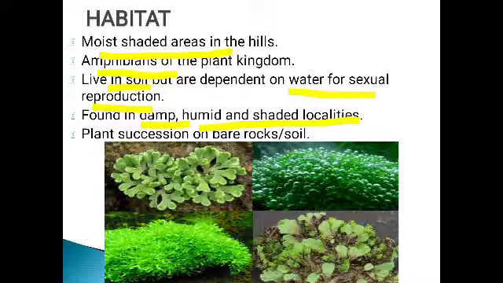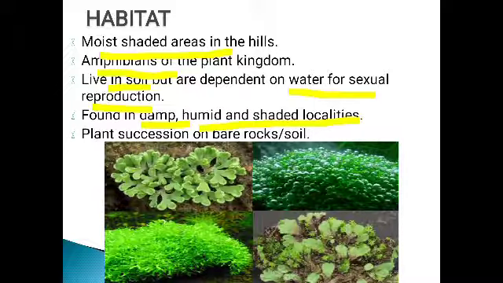If it is not a shady region, what will happen? Due to the sunlight, the water will easily evaporate from the plant and it may dry off. So they always need a damp or moist, shady area where they can grow. Even during the rainy season, you can see them growing on the walls of buildings. You might have watched that also. Why does it grow during the rainy season? Because water is available, so they can grow and complete their life cycle. That is, sexual reproduction can be completed. That's why they can be seen growing during the rainy season.